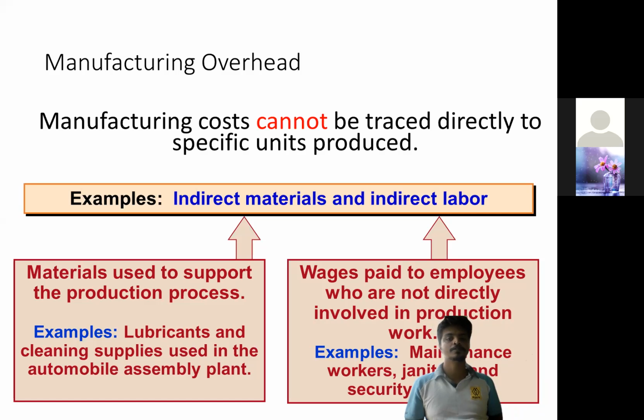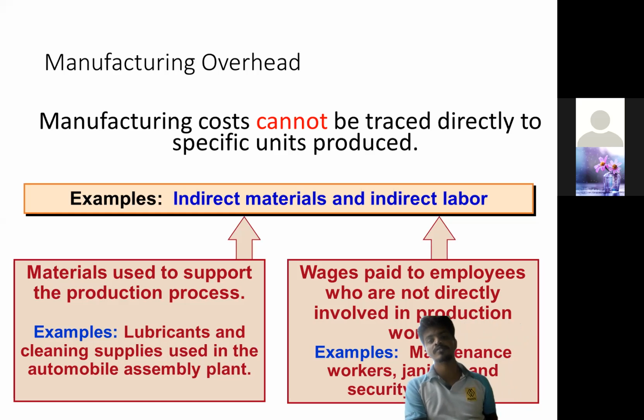to the specific unit produced. So simply we can have indirect materials, indirect labor, as well as in some special cases indirect other cost also we can have. So indirect material in the sense we can say materials used to support the production process. As an example, lubricants and cleaning supplies used in an automobile assembly plant. So lubricants and cleaning supplies, those are materials, but